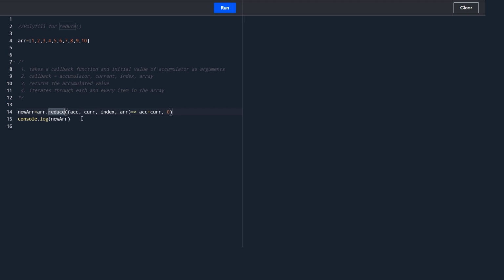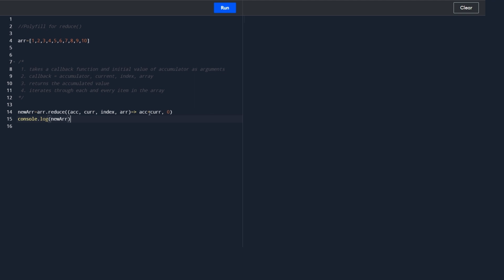So how do we apply reduce? We call array.reduce, and this reduce function will take two parameters. The first parameter is a callback function that is applied on all these elements, and the second parameter is the initial value. So the reduce function will make use of an accumulator. This second parameter, the initial value, is nothing but the initial value for the accumulator. So we want the sum, right, for all these elements,